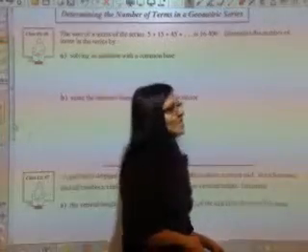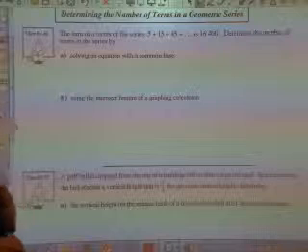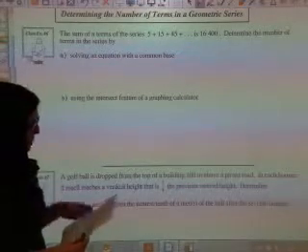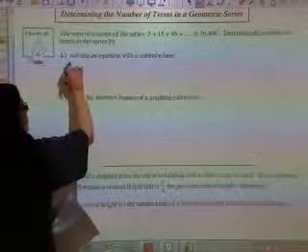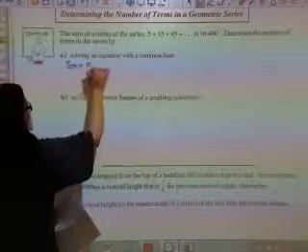We are going to look at determining the number of terms in a geometric series. So the sum of n terms of a series, that is 5 plus 15 plus 45, is 16,400. Determine the number of terms by solving an equation with a common base or by using the intersection feature of a graphing calculator. So if we use a common base, we have our formula